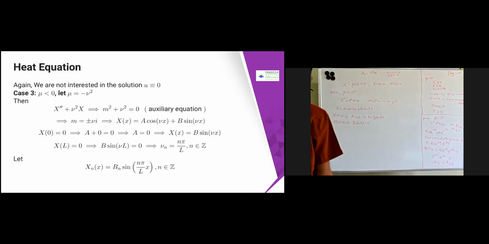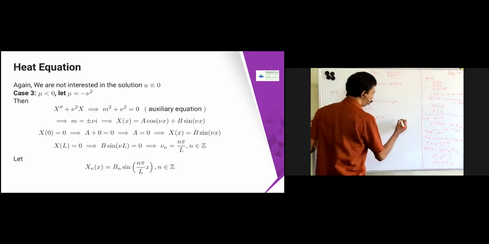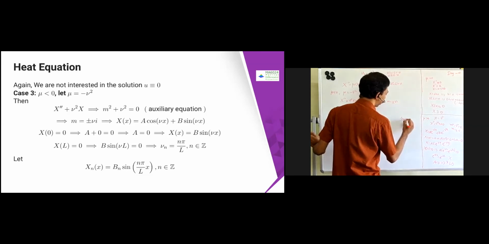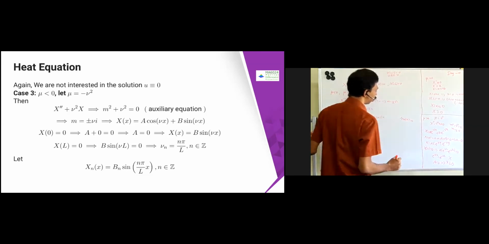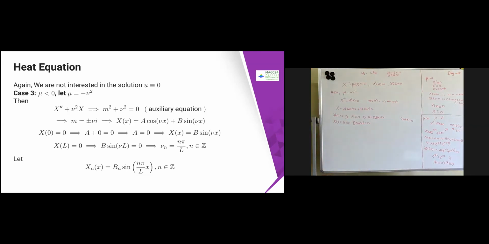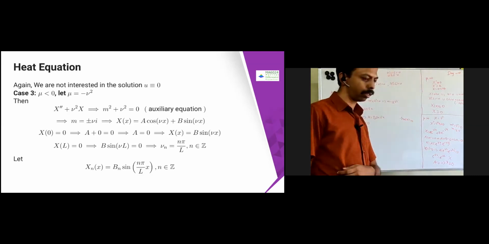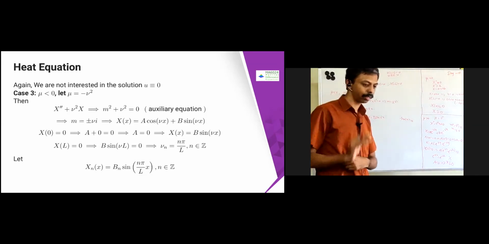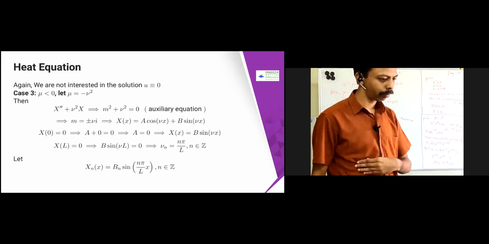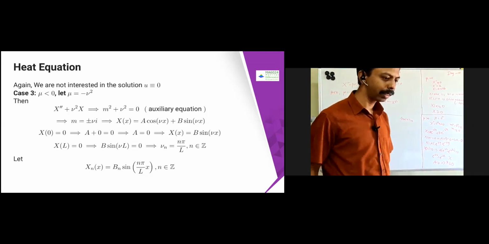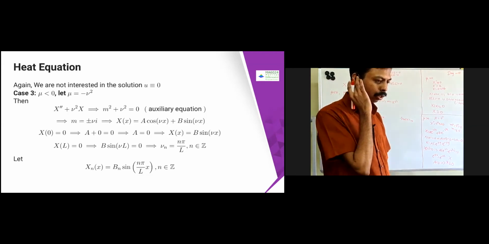There are many possibilities. When is sin 0? If sin x equal to 0, what are the possible solutions? Sin x will become 0 when x is equal to n pi.